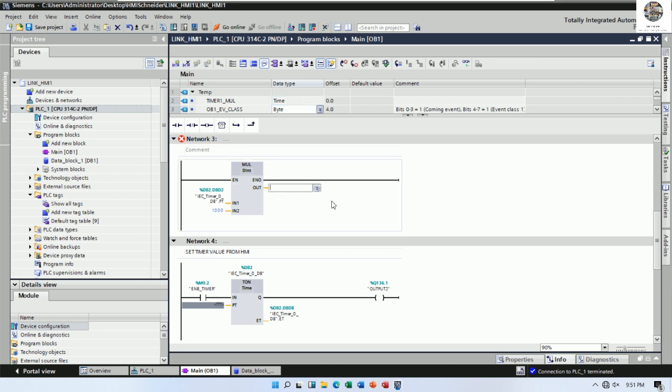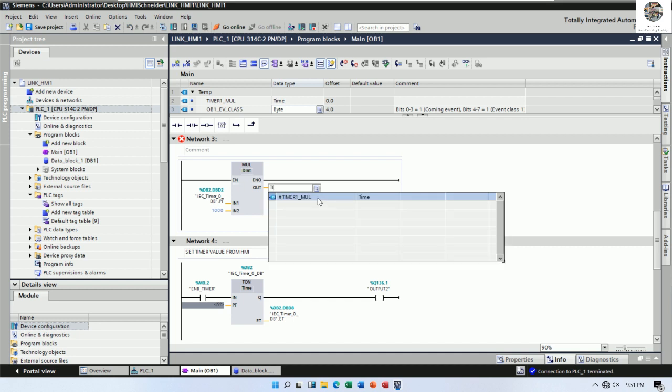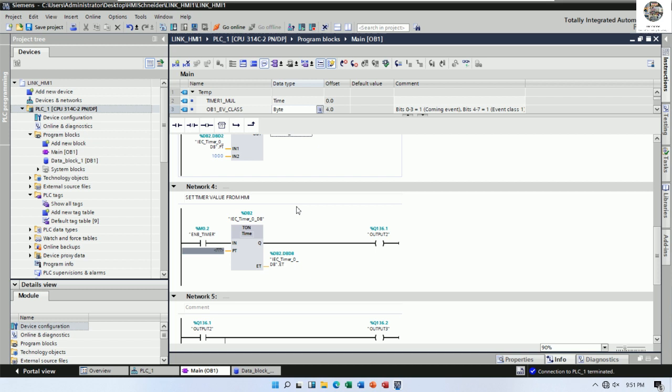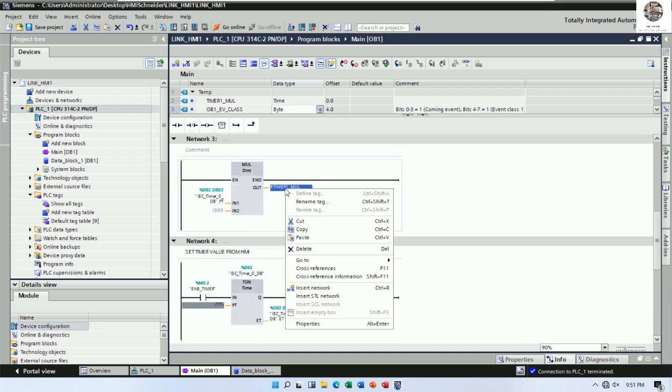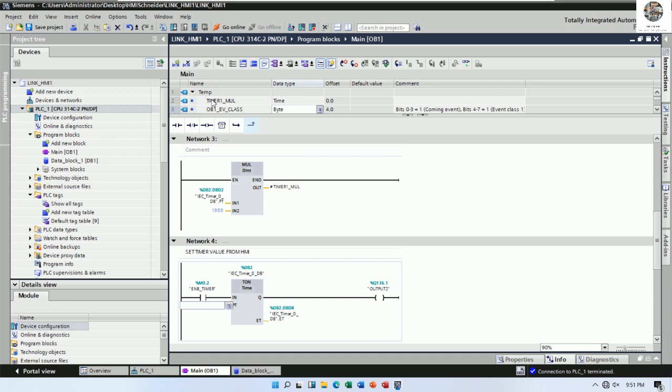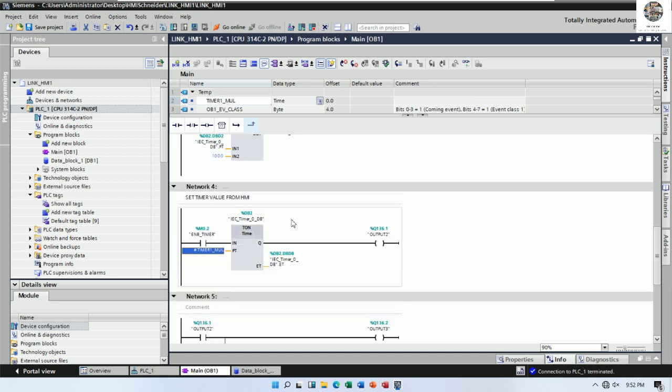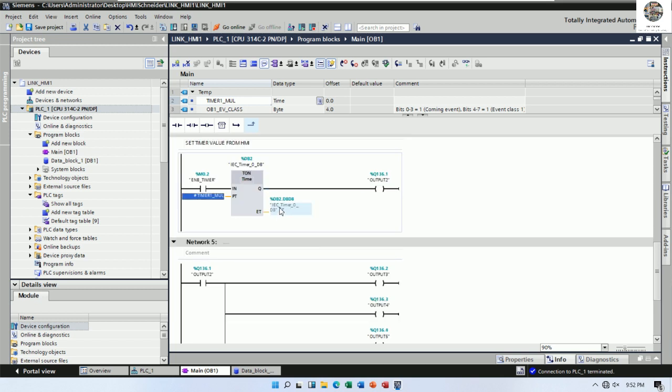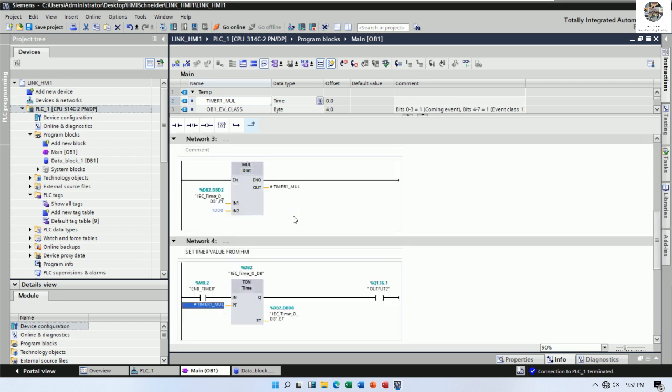And then here I will use timer 1 mul, and then this one is timer 1 mul also. Actually we can drag and drop this one also. So I will multiply by 1000, and then here is output from multiply, and then for this one I will keep the same. Yes, so let's compile our program,